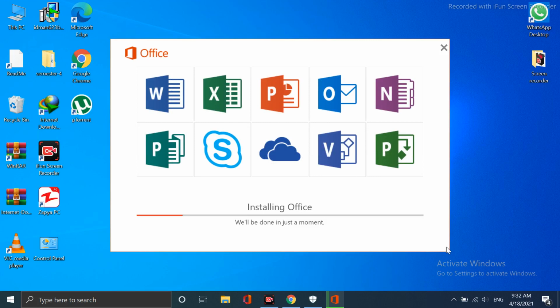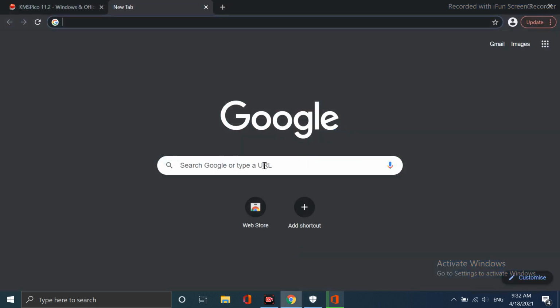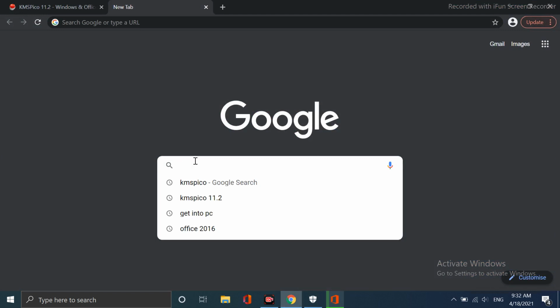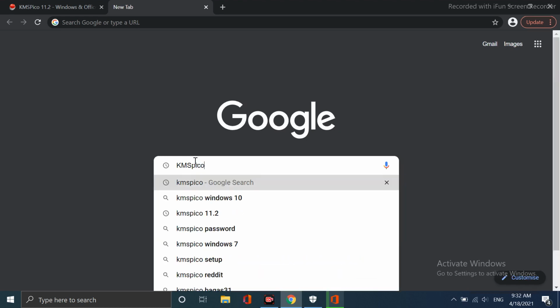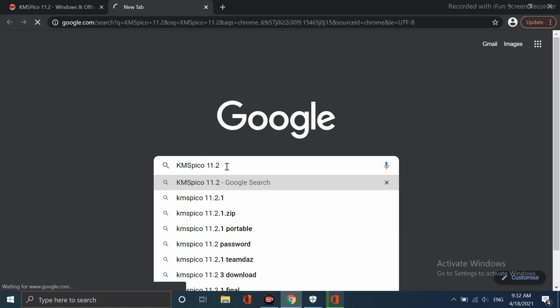Let me tell you how to download KMS if you don't know how. Right here, search for KMS Pico version, and put down the version 11.2. This is basically the official version that usually gives you the opportunity to download KMS. Here you are to click enter,